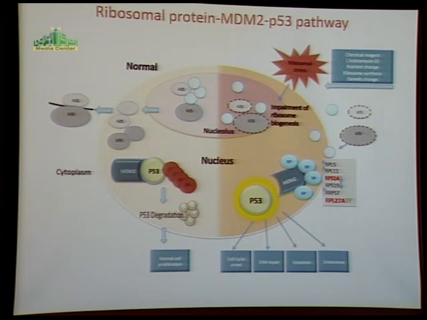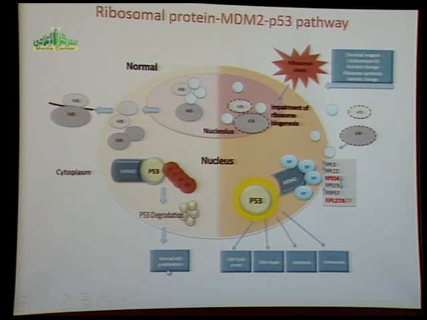So we would like to understand the function of this ribosomal protein. It is already known that ribosomal proteins play an important role in the MDM2-P53 pathway. In normal conditions, ribosome biogenesis takes place in the nucleolus, and the ribosomal protein aids in the assembly of the ribosome. Under this normal condition, P53, which interacts with MDM2, undergoes ubiquitination and degradation,